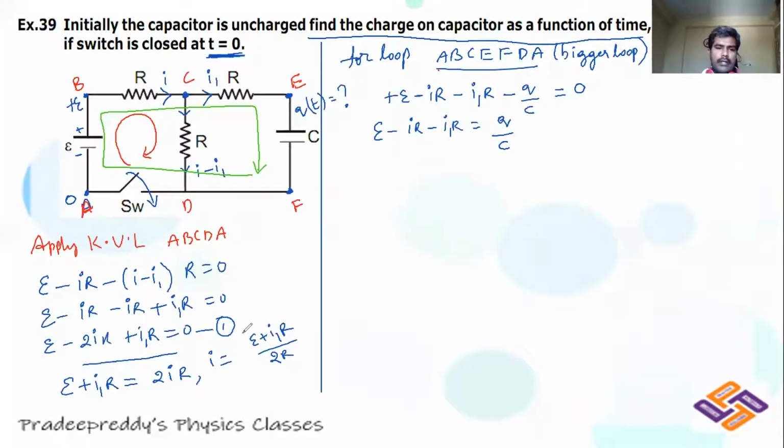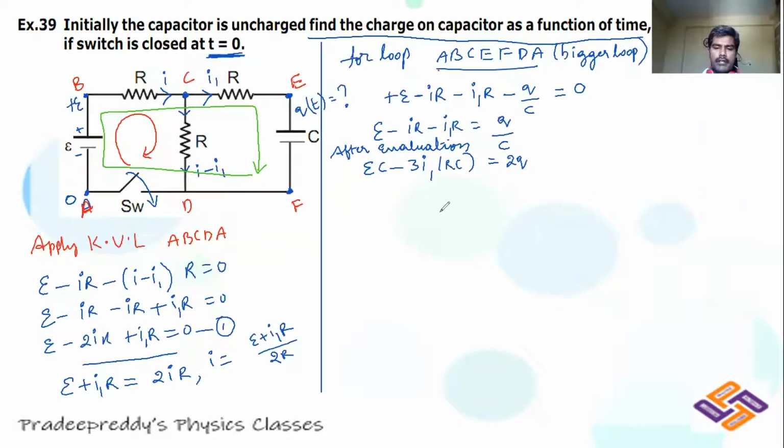Okay, so substituting this I over here in this equation and evaluating this left hand side, you will be finally getting an equation which is EC minus 3I1 into RC is equal to 2Q, okay, after evaluation. Just take this I and substitute here and evaluate that. You will be getting this expression. I am not doing that mathematics here. So final direct equation I am writing it, and it's your duty to check it.